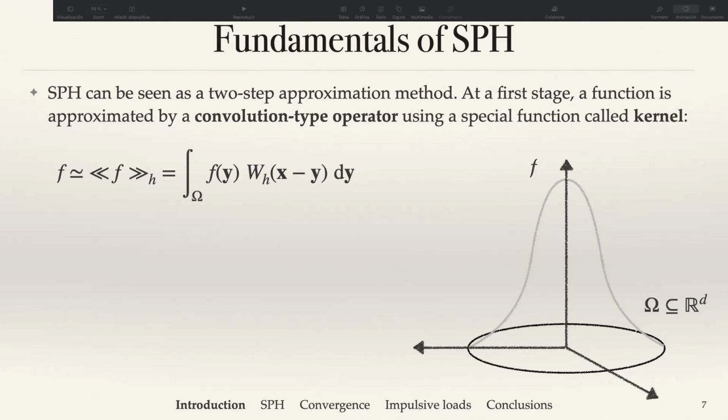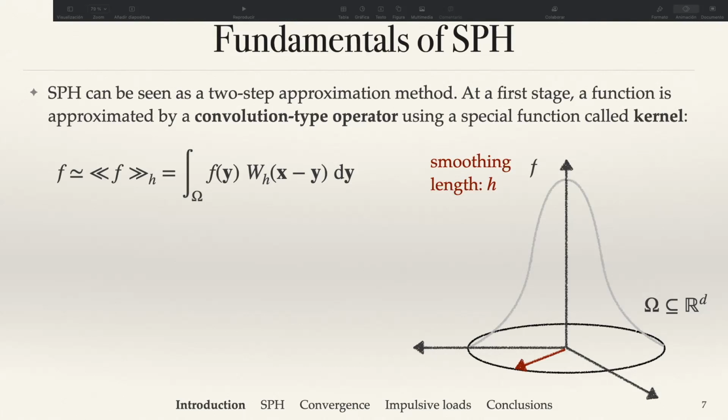Now, the kernel is a type of Gaussian function, like the one depicted here, which is asked to satisfy certain properties that we also discuss later. This level of approximation is governed by the smoothing length. The smoothing length is a measure of the kernel's compact support, as the kernel in general is asked to